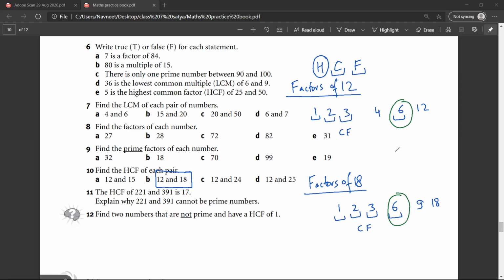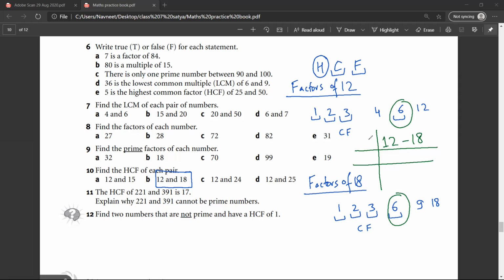Have you understood the logic? Yes, sir. But this is not usually how we do it. What we do is we follow a method like this. I think this is what you would have done in school. So first we find the common factor of 12 and 18. What is the common factor?